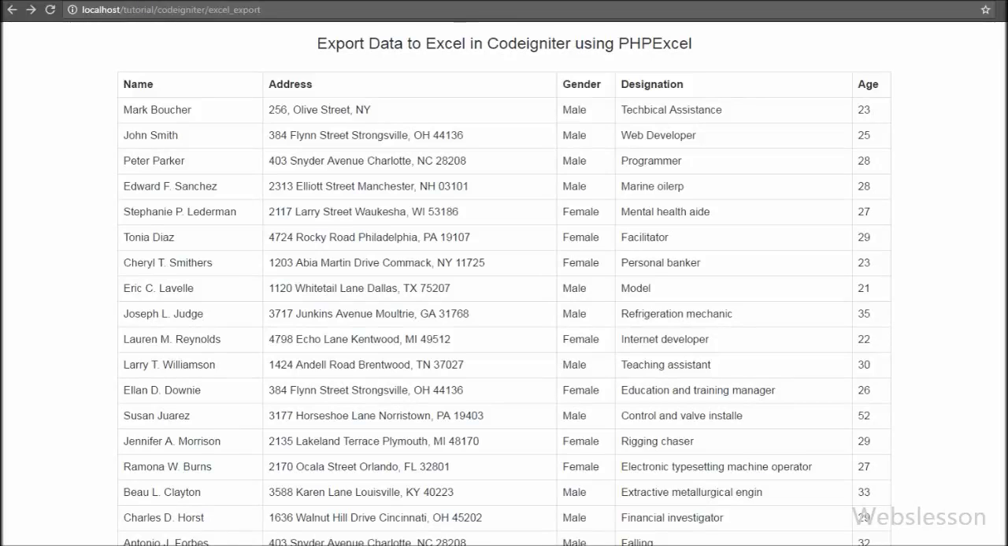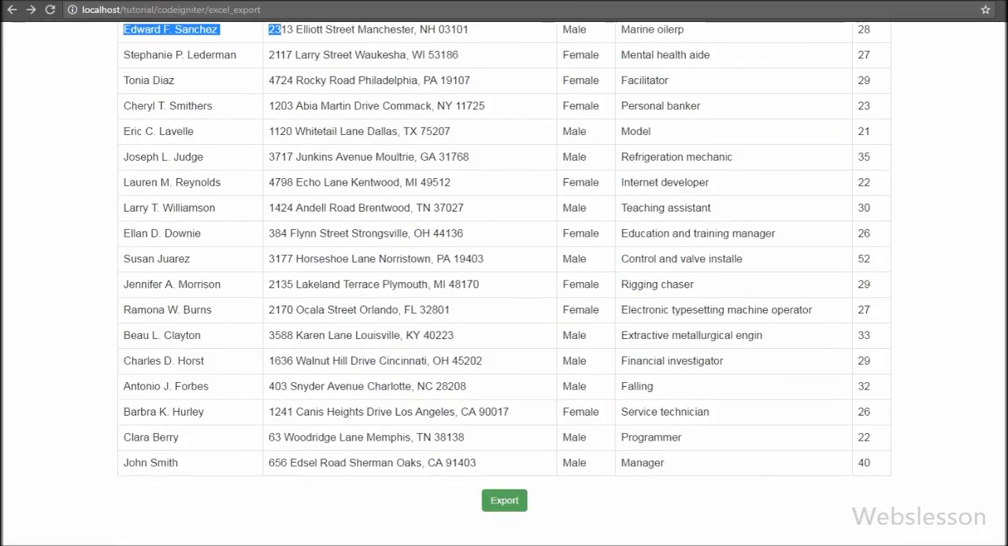Hello friends, this is Webslesson video tutorial on CodeIgniter Framework, and in this video we will learn how to export MySQL table data to Excel file in CodeIgniter by using PHPExcel library. We will learn how to integrate PHPExcel library in CodeIgniter Framework for exporting data from MySQL table